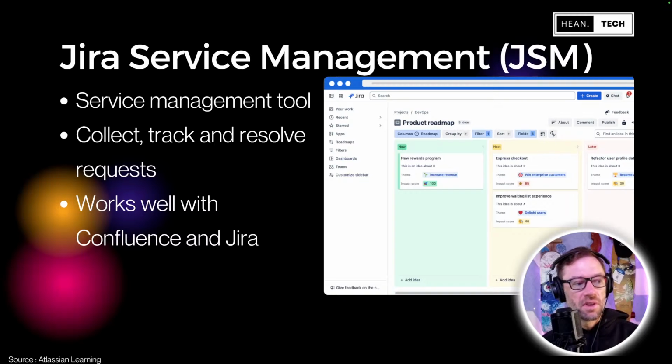Now, it integrates very well with Confluence. It has different options for allowing Confluence articles and information to be surfaced and to show up while the agent and customer are working together. It also ties directly into Jira. I've mentioned a few times you can connect tickets between these systems. So if I've detected a bug from a customer report, I might tie that into some engineering work on the back end.